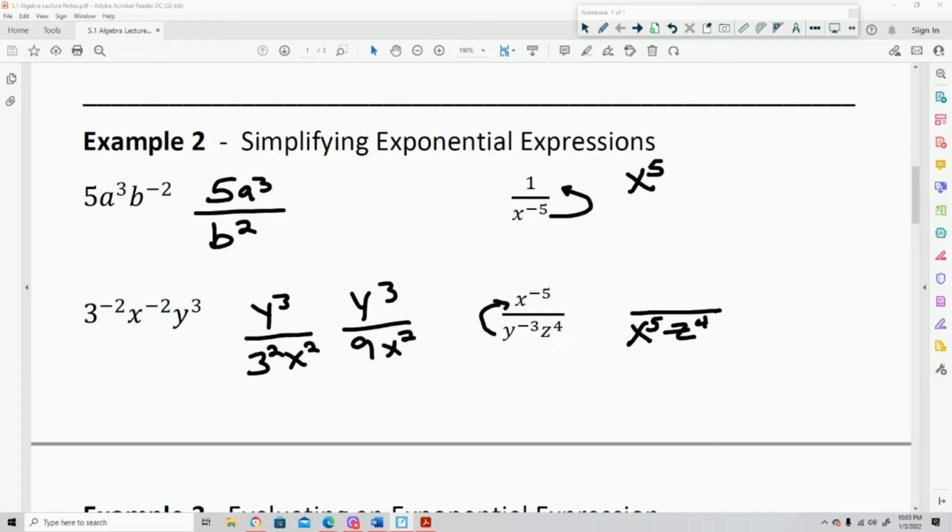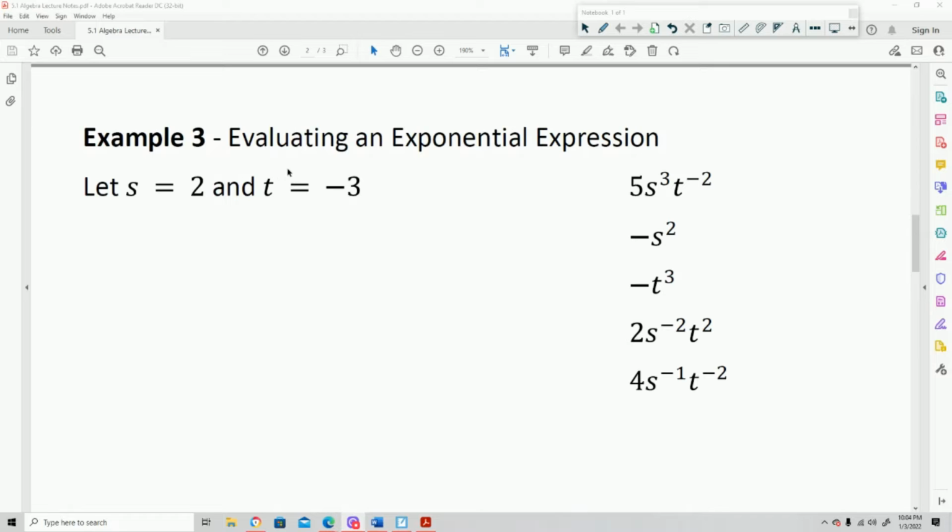This y^-3 needs to move to the top to become positive, so on top it's y^3. So the simplified form here is y^3 over x^5 z^4, and that covers this set of examples. In example 3,